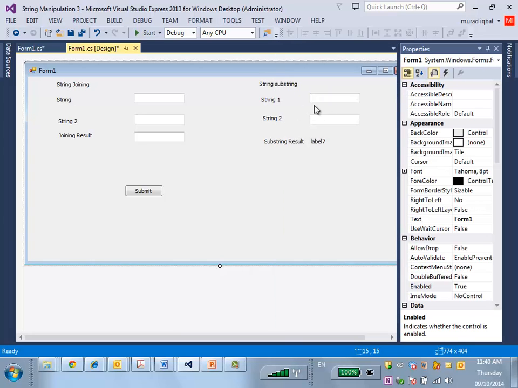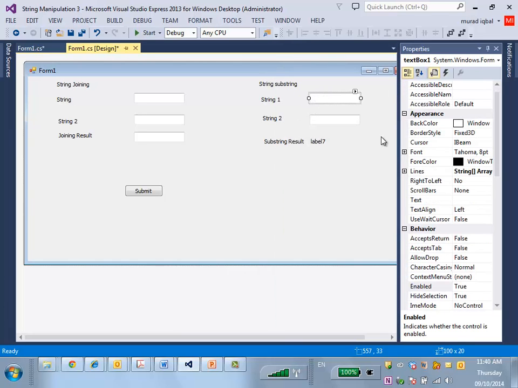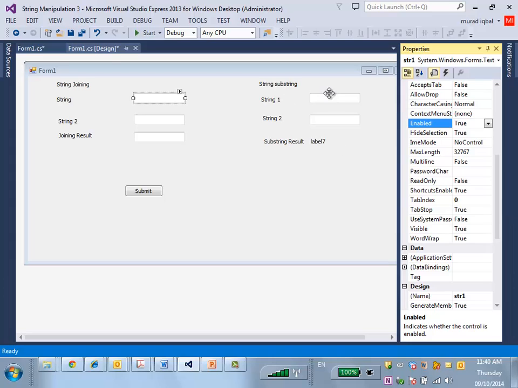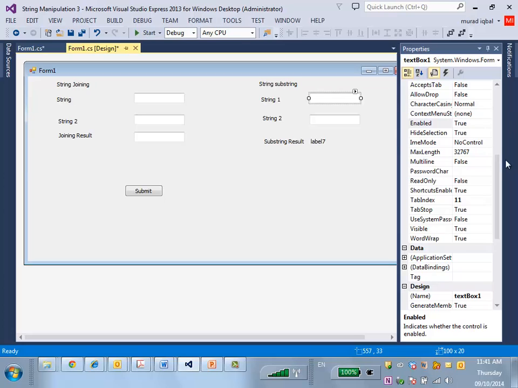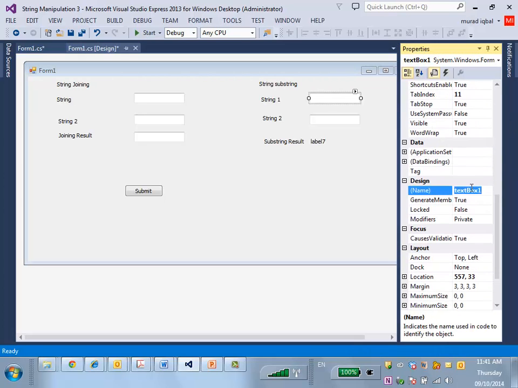Okay, let's give names to our components which we will use in programming. This is one component which we'll use in programming. This is the substring, first string I need to use in substring. What names did I give here? str1. So let's give it str3. Yes. Name, not text, the name. Let's give it str3, and this guy